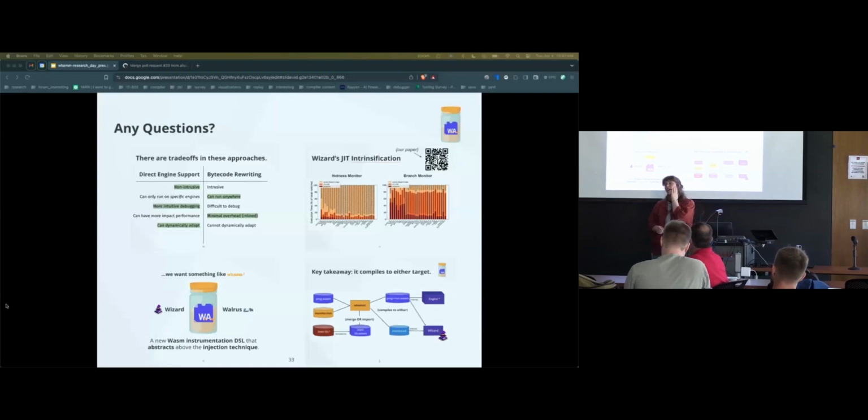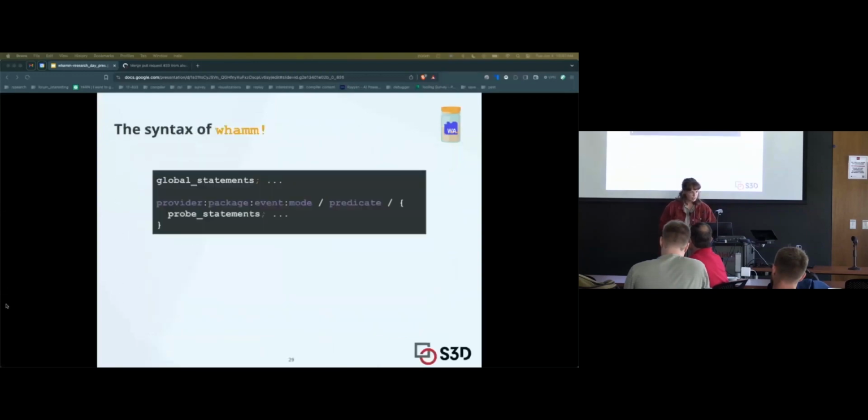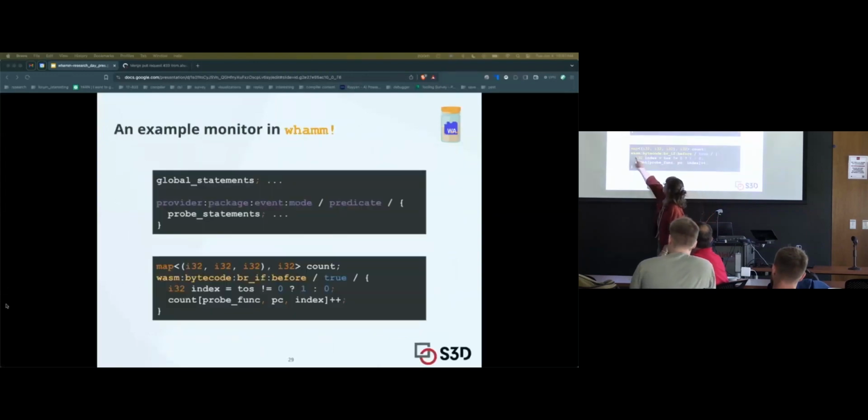I have a tool to help reason about what is in scope when you have a probe specification. So top of stack would be just accessible everywhere. And with the tool, it's easier to see what's in scope as well. And then obviously this would be in scope because it's a global. And then there would also be some special variables that are in scope because of this being a BR if